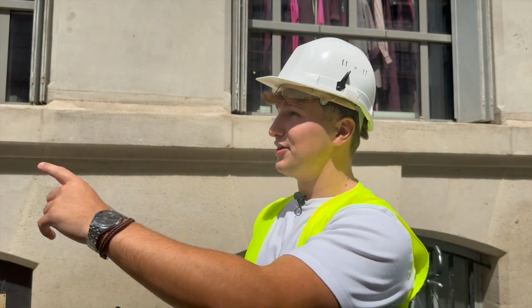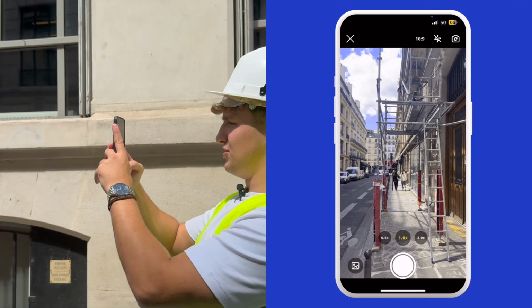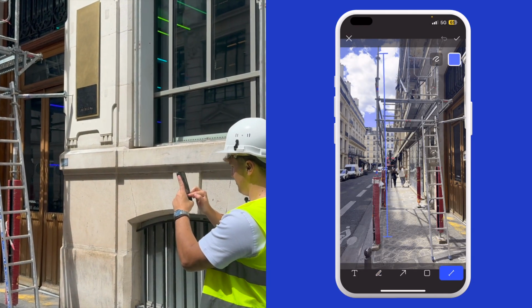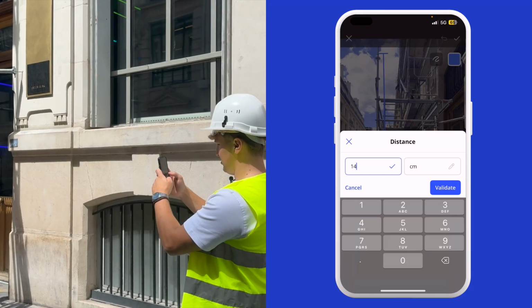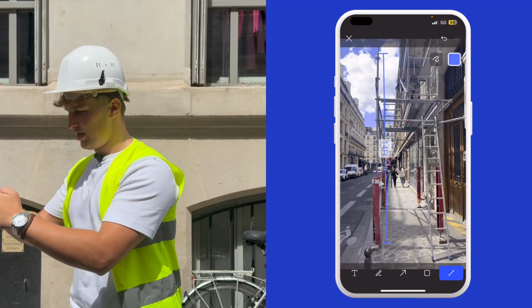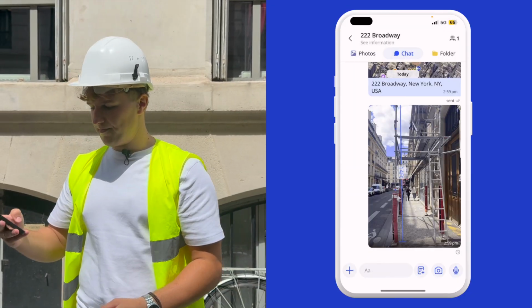So here we are on the field. We're going to do 2 things on Kraaft. As you can see, we've just finished our scaffolding here for the day. So I'm going to send that picture into the group chat so everybody knows what we've done, how tall it is, using the measurement tool there in the bottom right, label it 14 feet, press the check, and then there is no need to send a message with it because I'm going to send that into the chat, and instead